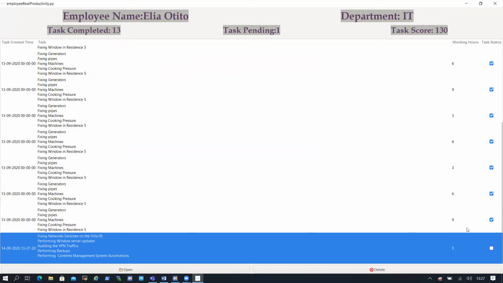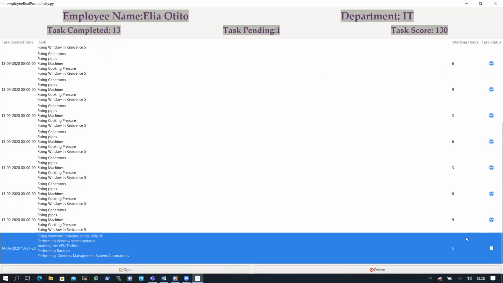And here it will show that the working hour was 5. Now, you can see there on the main panel that the task pending is 1. Why did it show pending? Because you need to say, yes, I've completed the task. If, for example, you didn't complete the task, don't put it on the list. We recommend that. Or otherwise, you can just add it in the day, and then once tomorrow comes,